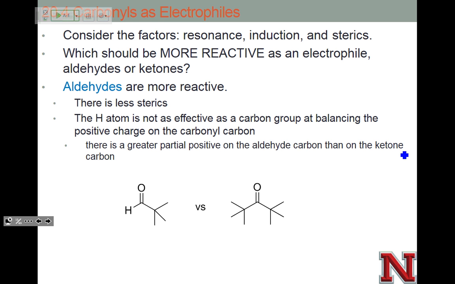So sterics is probably a bigger issue, but electronics also contributes to the carbonyl of the aldehyde being a bit more reactive, which just means it's faster. We have more kinetics. We have less space. The hydrogen's really tiny. But electronic-wise, when we're looking at our positive charge in our transition state,